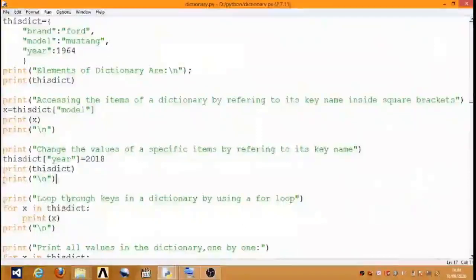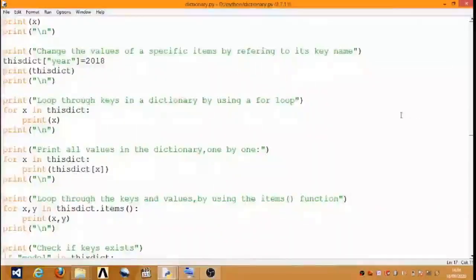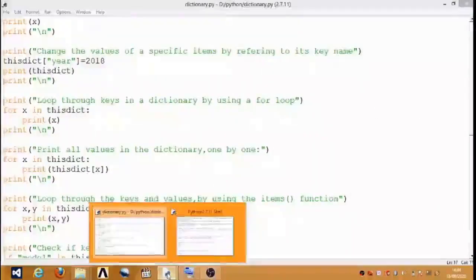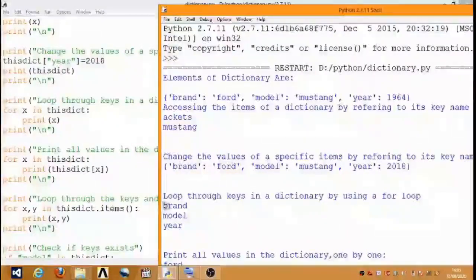Next, loop through keys in a dictionary by using a for loop. So here only keys are printed. Loop through the keys in a dictionary by using a for loop. So here only keys, not values.